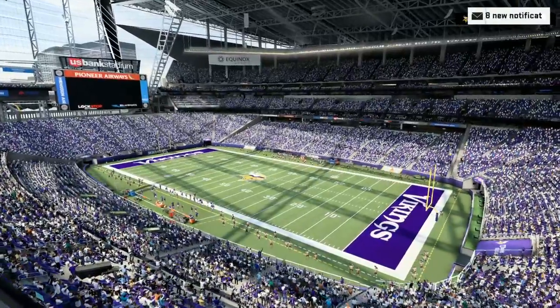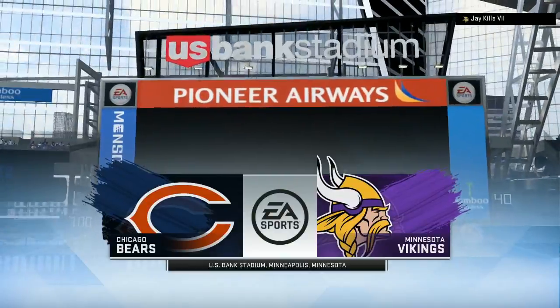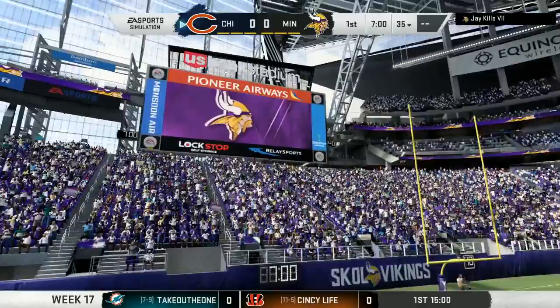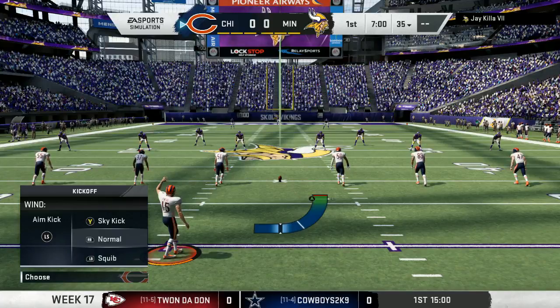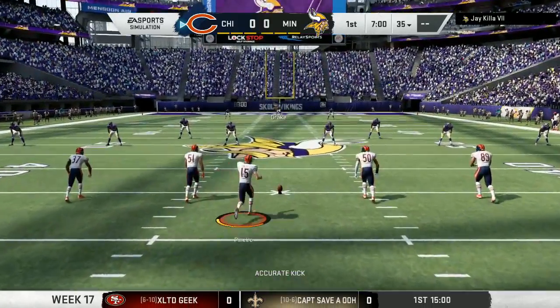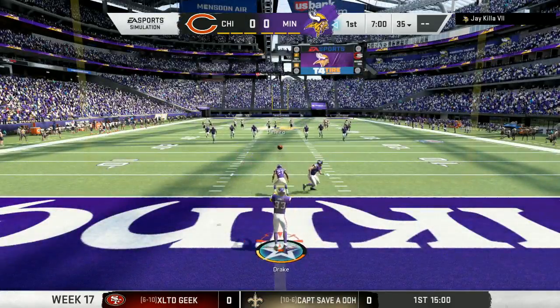Coach, a very warm day outside by Minnesota standards, but then again, it is still summer. Either way, the AC is working just fine at U.S. Bank Stadium in the Twin Cities. The scene a few moments ago, here it is. It's unlike any other in sport as both teams made their way out of the tunnel. These folks are fired up as their guys are ready to do battle between the Chicago Bears and the Minnesota